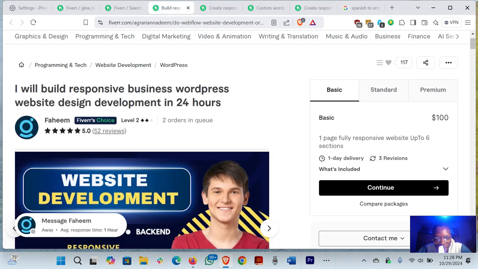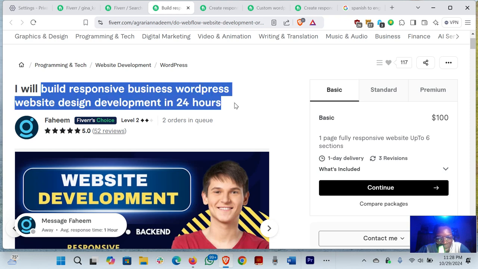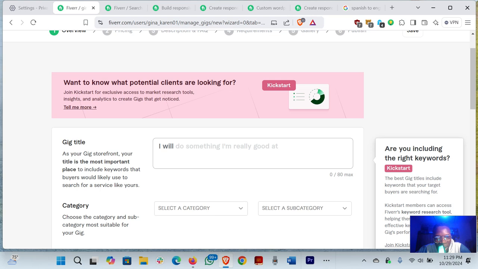So I think I will build a responsive website design. I think this one is very, very eye catchy. So I can copy this now. You don't need to copy from I will. You will copy from build, because I will has actually been created by Fiverr for you. You can see I will here. They will tell you that I will do something. So instead of writing the same thing that the guy wrote, I will actually put I will design instead of build. I will design